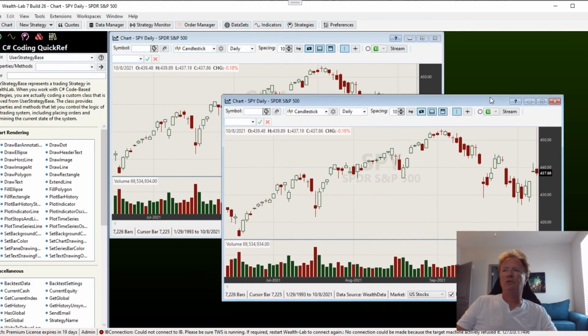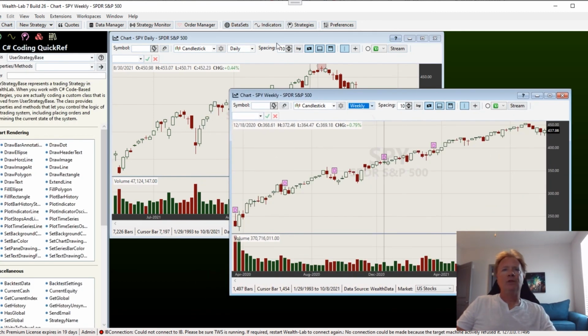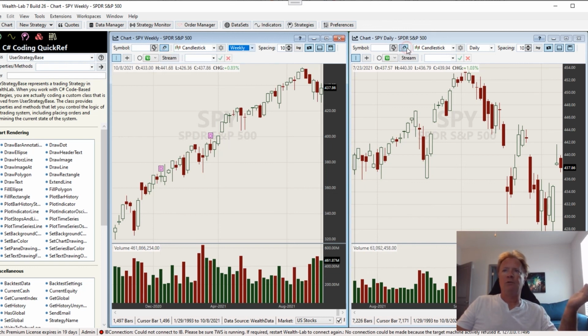So let me open up 2 chart windows. I'm going to make one weekly and we'll leave this one daily, and I will tile them vertically. So this little icon here, this link icon, is the chart linking. So if I activate these for both charts,